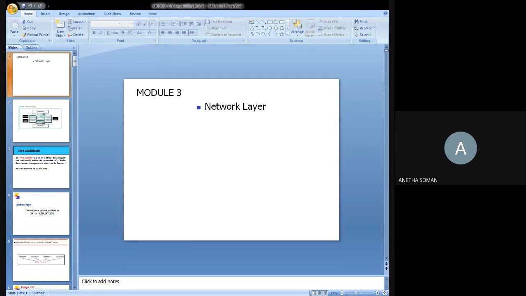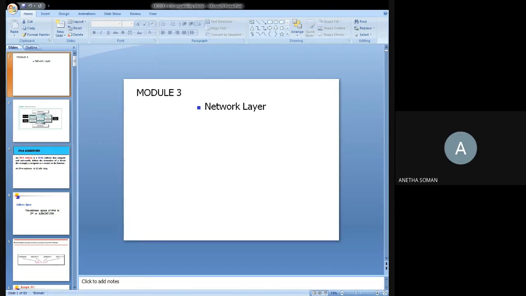Okay, so in classful addressing, how many types of classes can you have? Rangeet, what are the different classes in IP address? Rangeet is there? Yeah, tell. What are the different types of classes? 5. Which are they? A, B, C, D, E. Class A, B, C, D, and E.